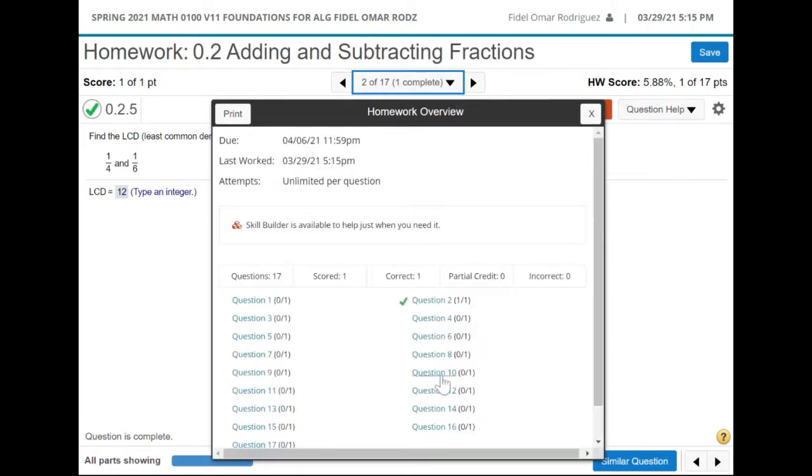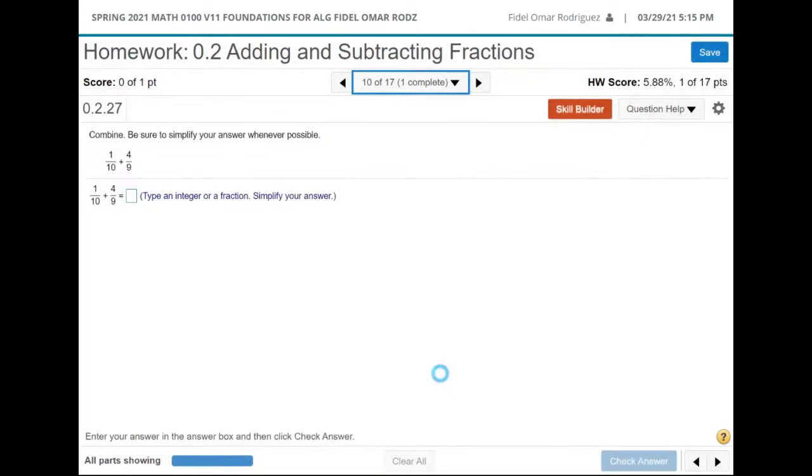So I'm going to see if I can find another one, maybe a little further down. Okay, here we go. I'm going to show y'all how I'm going to do this problem, and I'm going to use the same approach, guys. I'm going to find my common denominator, and then I'm going to worry about what I do after that step.